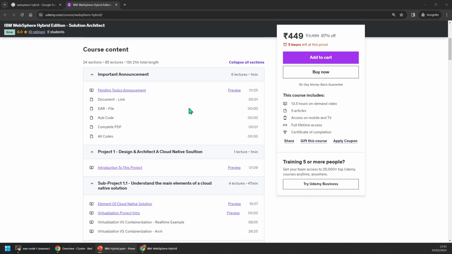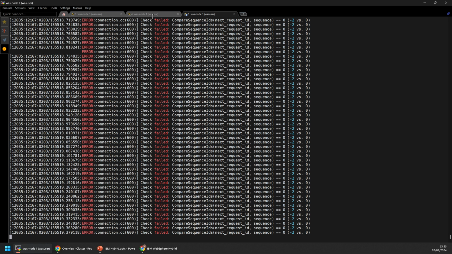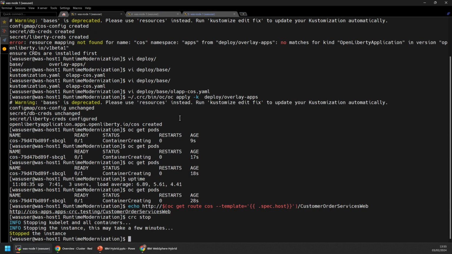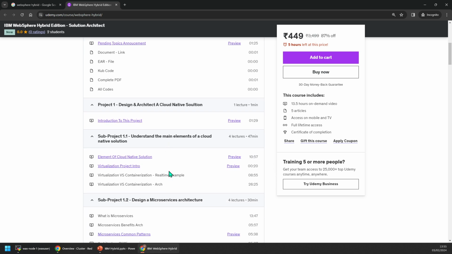This course comes with an important announcement: I have given you the complete PDF which is used to create this course, along with the GitHub location for all the code I used and the scripts I ran. As you can see over here, everything is run on the Linux system, and every troubleshooting we have done is on the Linux system. There is no Windows used except for VMware. The VMware instance is running on my laptop's Windows operating system. Except for that, everything is on Linux: OpenShift, Kubernetes, Docker, everything. So this is a complete course built over Linux.